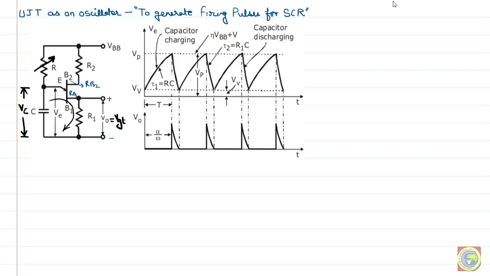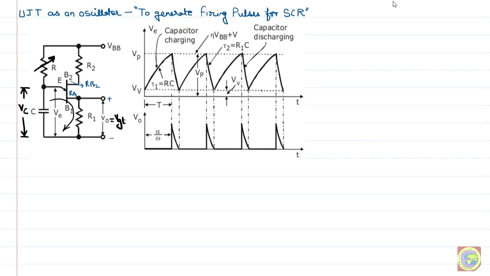So this is the discharging pulse or discharging wave. Discharging will be through the resistance R1, so tau 2 is R1C. We are not considering RB1 in this particular case because it is the negative resistance region, and under this condition the resistance is drastically decreased, or under ideal conditions becomes almost zero.